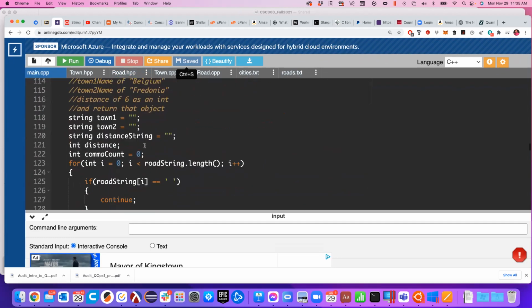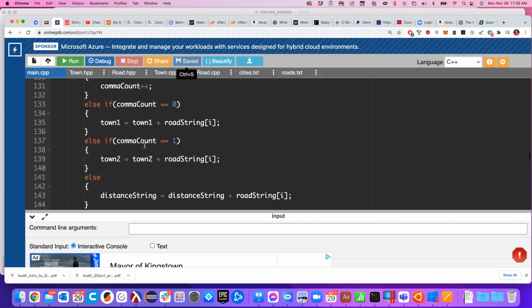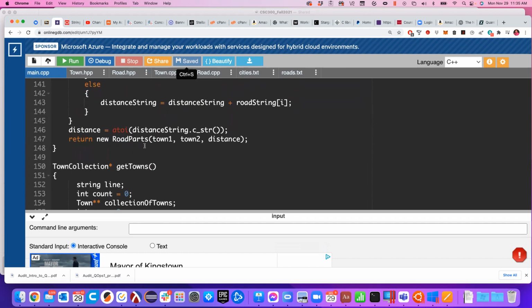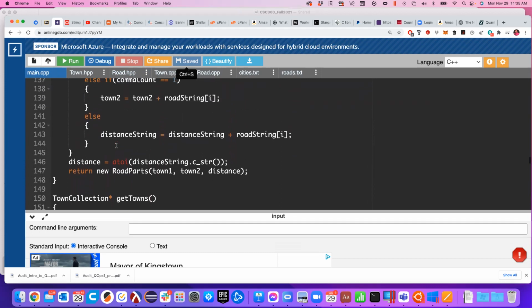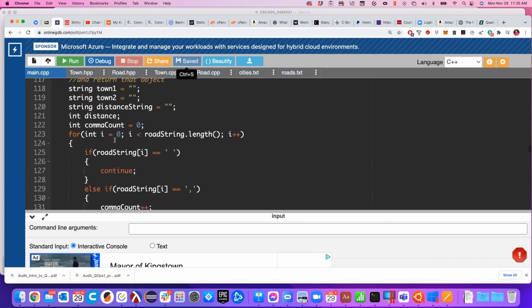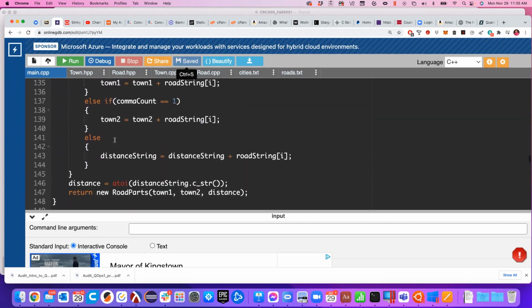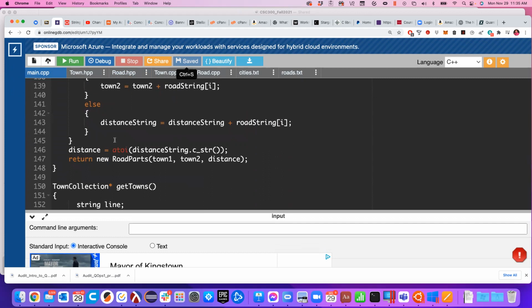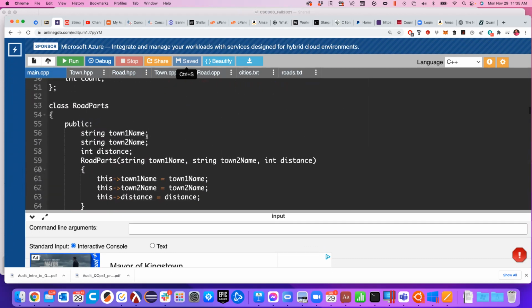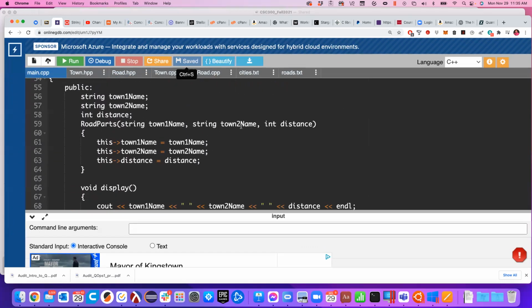Where am I building my road? All right, so here's my new road part. Two towns and a distance. Road parts is up here. It takes in two towns and a distance and sets that guy's